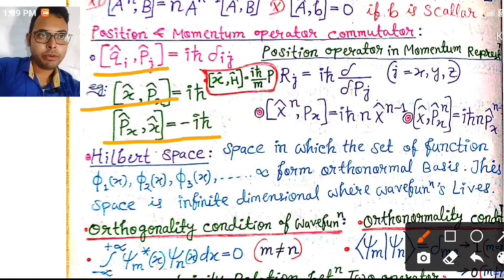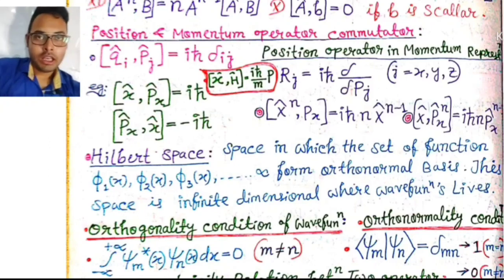We can write the position operator in momentum space. There is position space and another is momentum space. Remember that in momentum space, the position operator can be written as iħ times del by del p_j, okay. This is an important property. Then